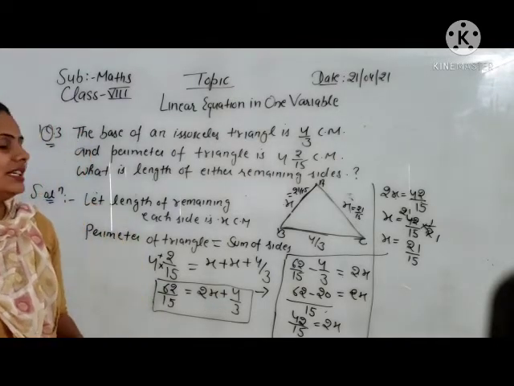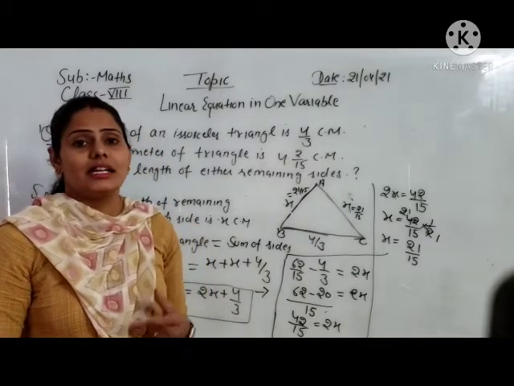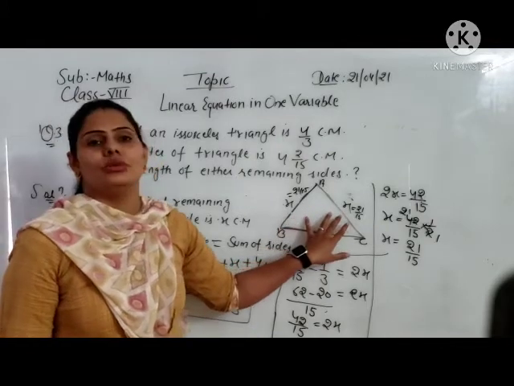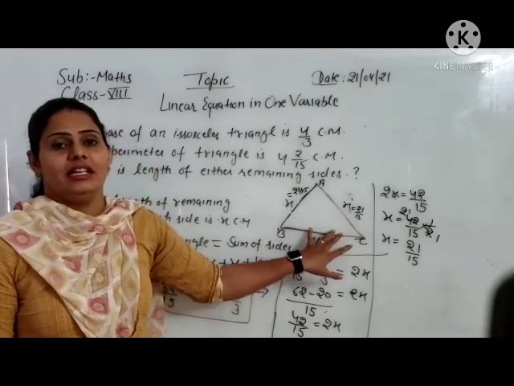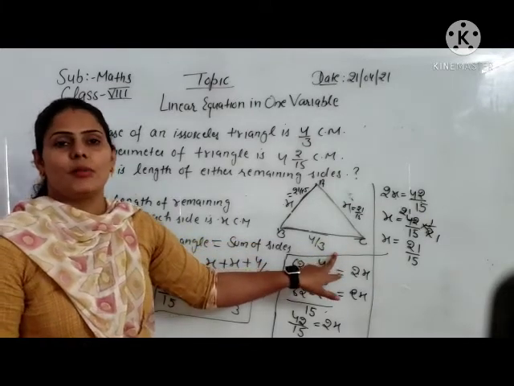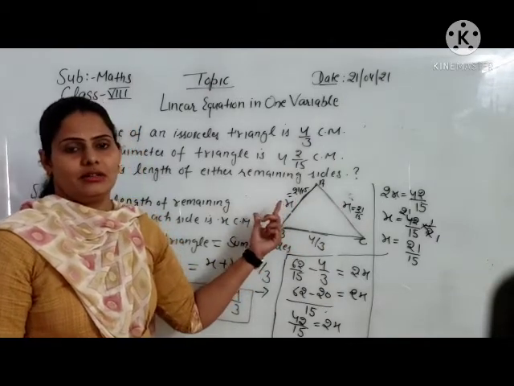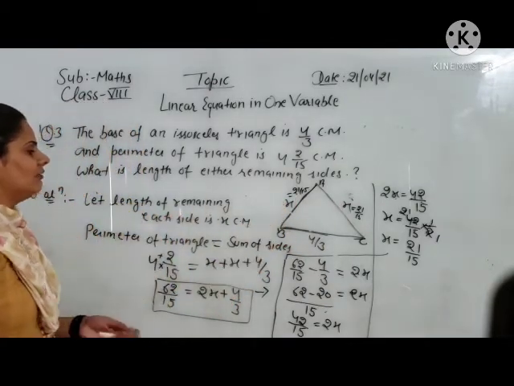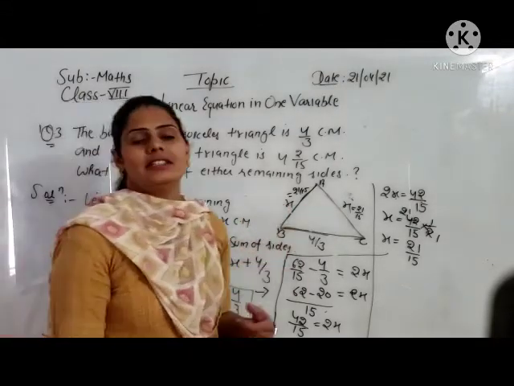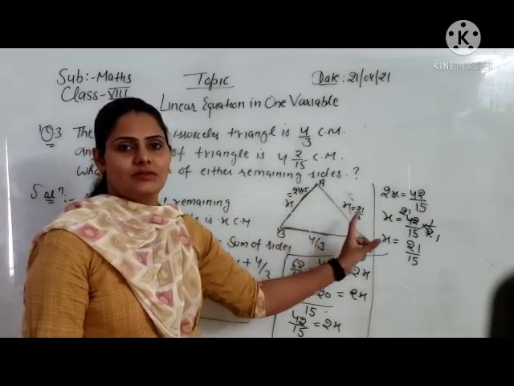Okay, so beta, first, what is an isosceles triangle? You have to know about the isosceles triangle. So what is an isosceles triangle? A triangle where two sides are equal. Two sides are equal and the base is already given, it is 4 by 3 centimeter. So the equal sides you can assume are x centimeter. So you have to assume in this question first, let the length of each remaining side be x centimeter. Both the lengths are equal, it means this one is x, so this one will also be x.